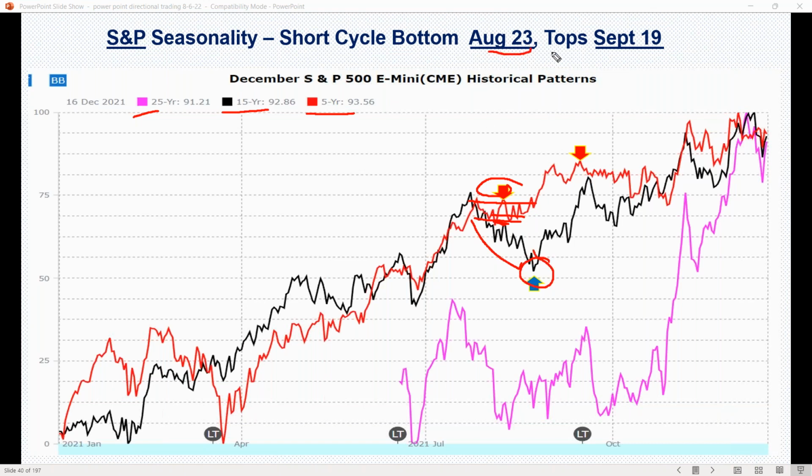And then it has another move back up and tops out again around the 19th, the midpoint of September. It has a little bit of sideways action, a potential pullback, and then you've got the October potential rally. So typically what you'll see seasonally is markets tend to, I'd say almost 95%